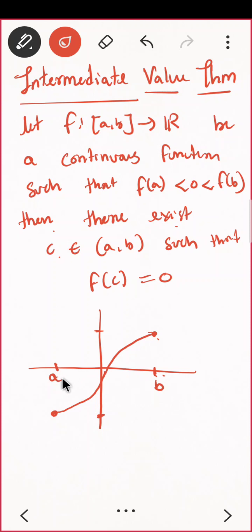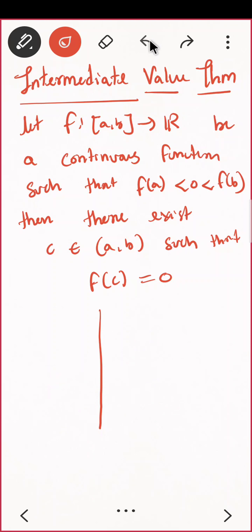Do you see? Go and look at the value of the function, here it is this, here it is this, here it is this. But there is a point such that here the function is 0. Your function is 0 here. Do you see? This will be my point c. And this is not limited to this graph; you take any continuous function, a or b anywhere, then also it is okay. That was just to motivate you.